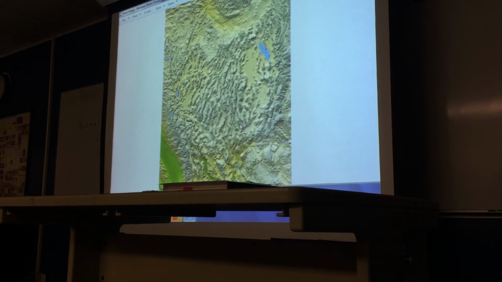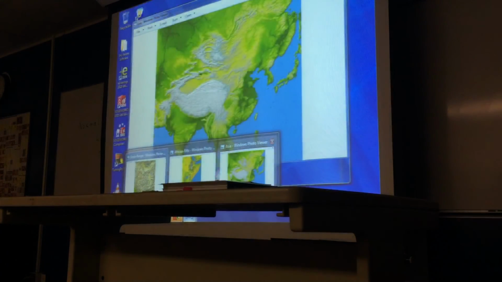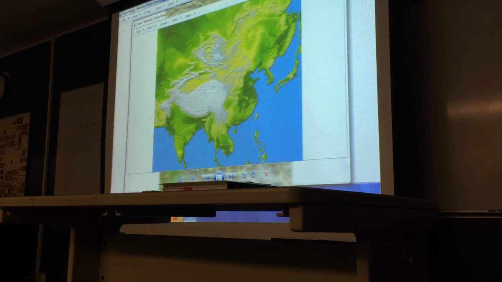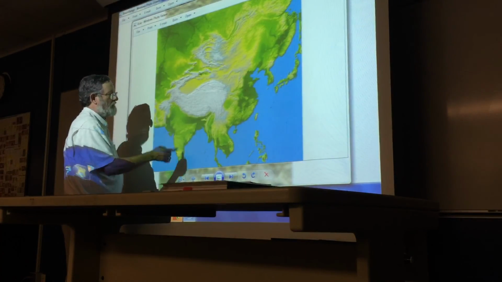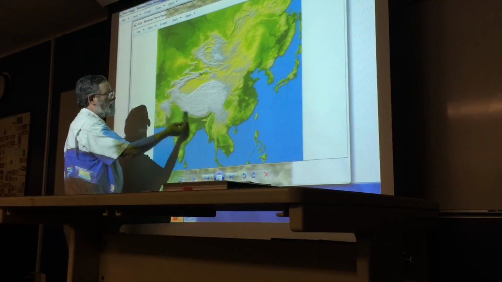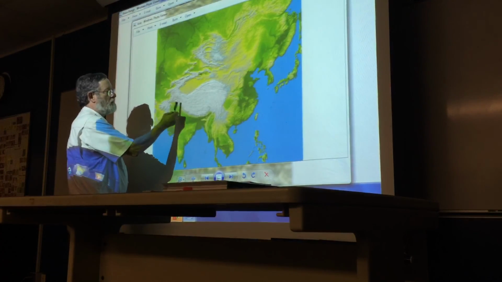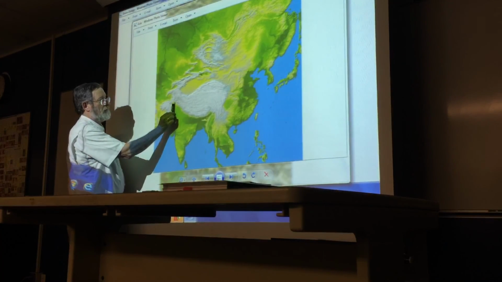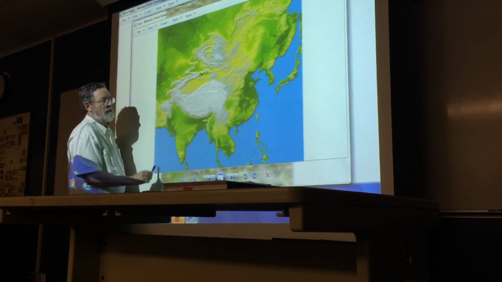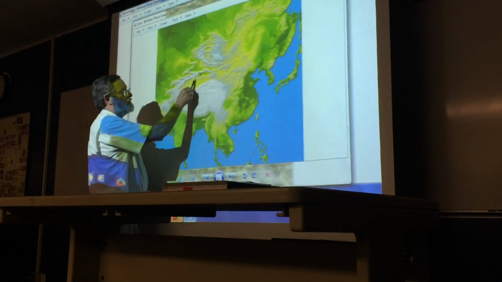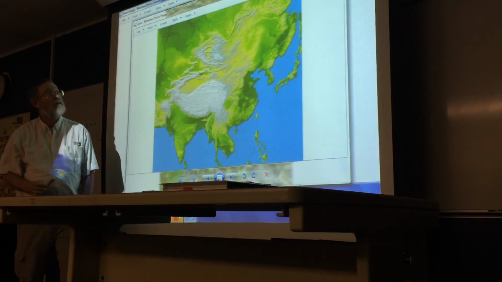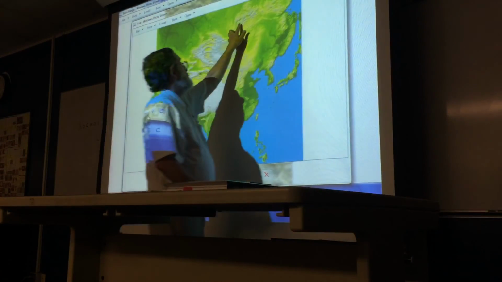So when we look around the world, we can actually see a tremendous array of different geometries. Here we're back in Asia. Here this would be India. Here this would be the High Himalaya. This would be Kashmir region right in there. This is the Tibetan Plateau. This is the Tarim Basin in here. This feature right there